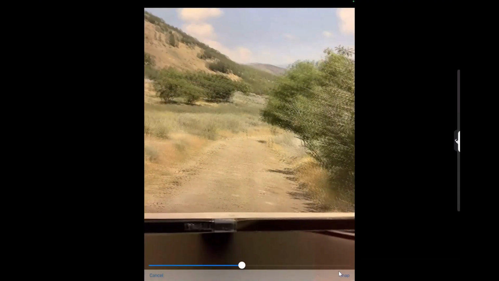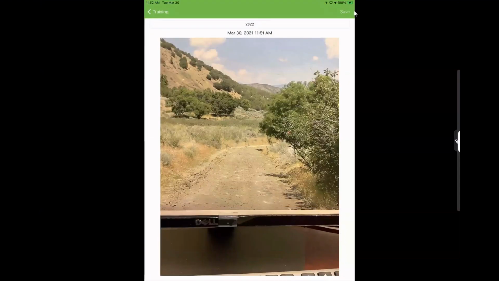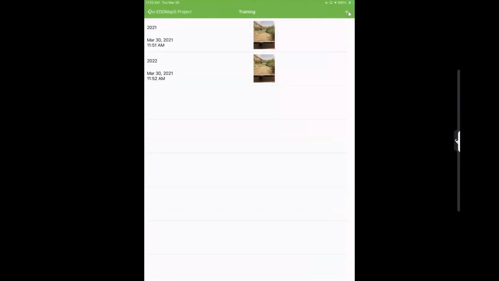We're going to try and set this picture as close as we can. And then we're going to hit snap. Then we'll click save. Now we've got two side-by-side pictures. It also documents the date and the time that you took these photos. So then it's done. Now, you'll return to your main screen,